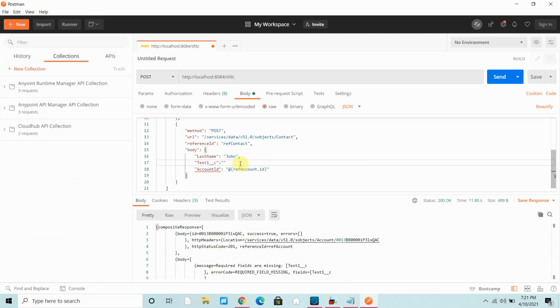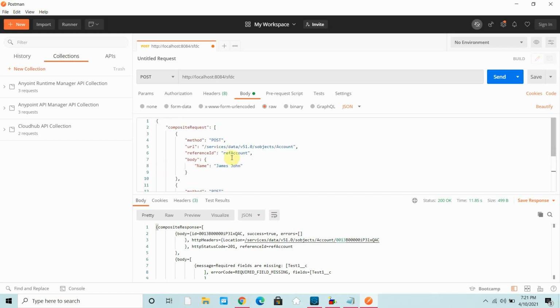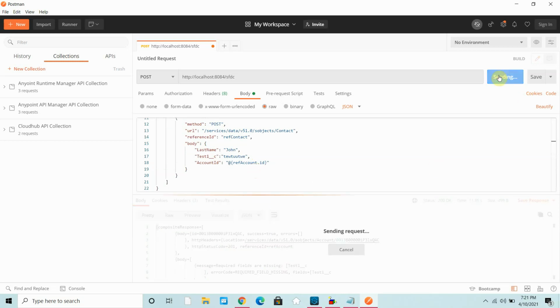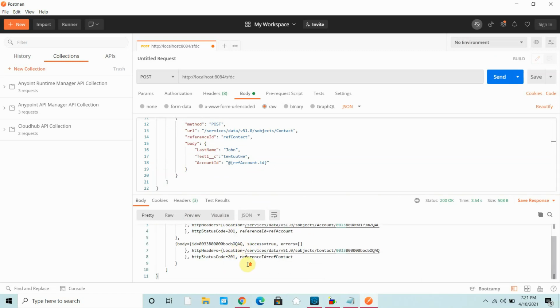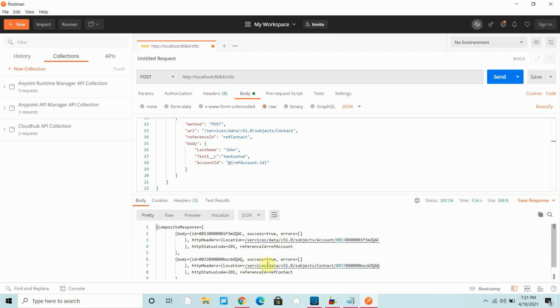Okay, and I can pass any value, just for namesake, then I can put a comma. Now instead of JM Zone I can make it 1, and let me send the request again. Okay, so let me make it JSON. So you can see there is no error because your contact has also been added and the account is also added, right?